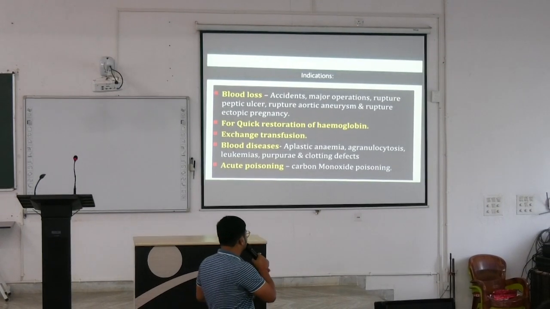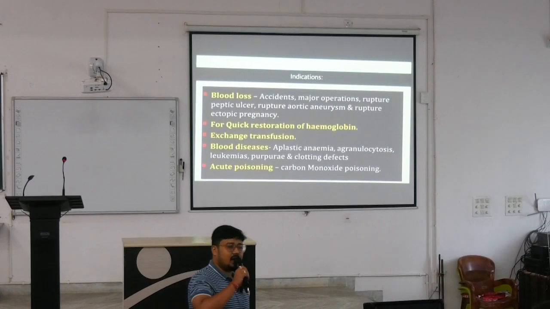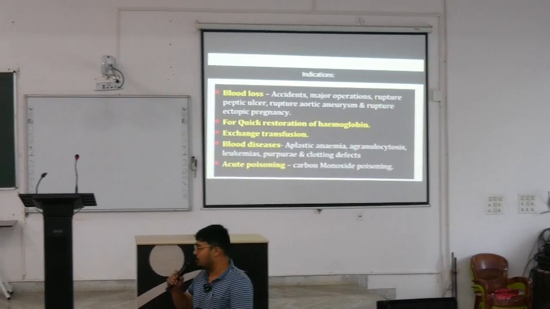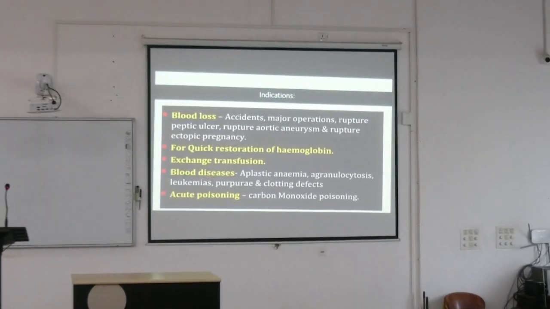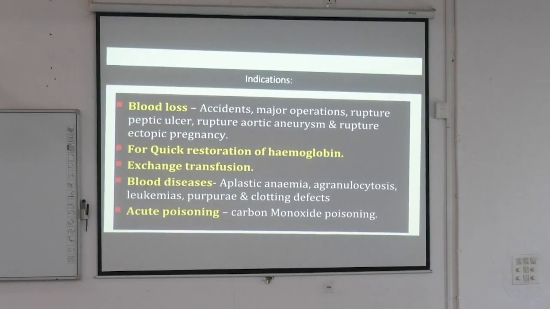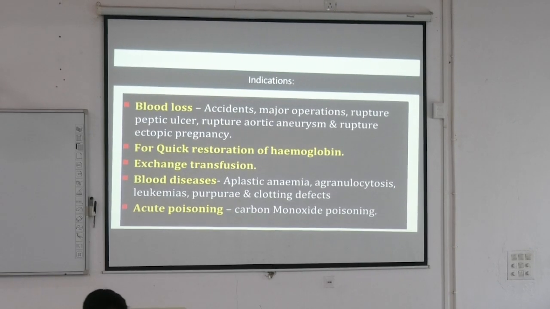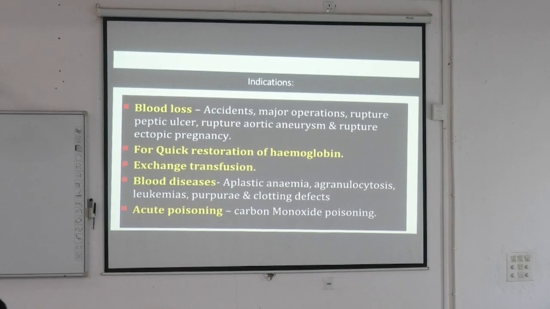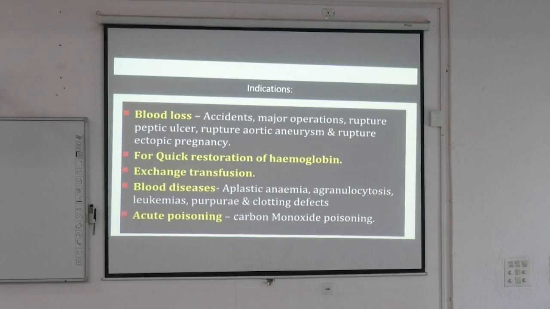Indications: blood loss, accident, major operation, rupture of peptic ulcer. So any bleeding episode, either exogenous or endogenous in the body. If there is a drop in hemoglobin or if the patient develops pallor, then blood transfusion is an absolute indication. For quick restoration of hemoglobin, exchange transfusion, I told you earlier, replacing the Rh negative blood with Rh